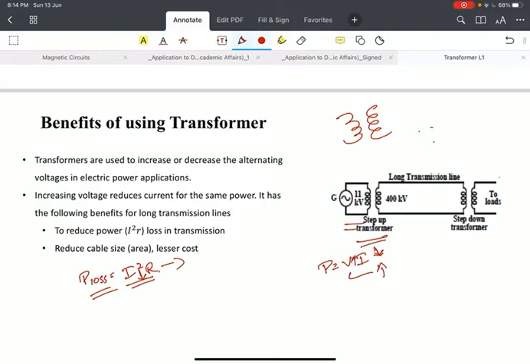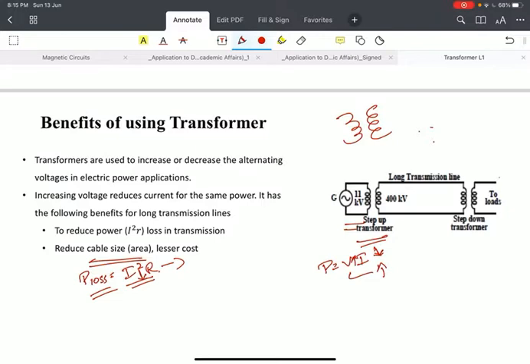Moreover, if the current is less, the size of the cable required to transmit that current is also less. So for a small current, we will use thinner wires. For a high current, wherever the application demands high current, we use